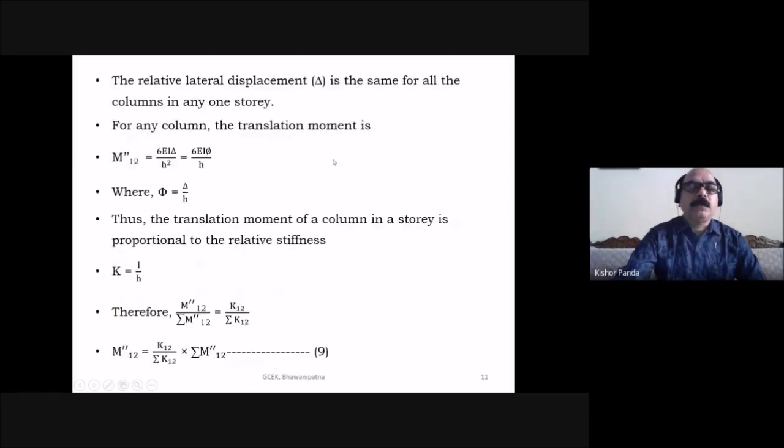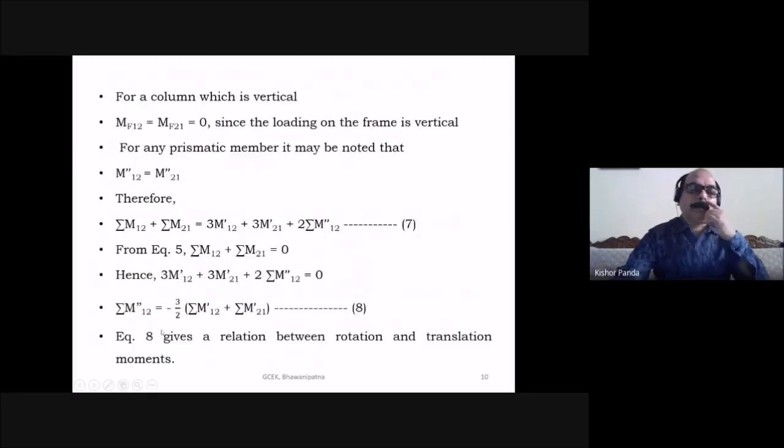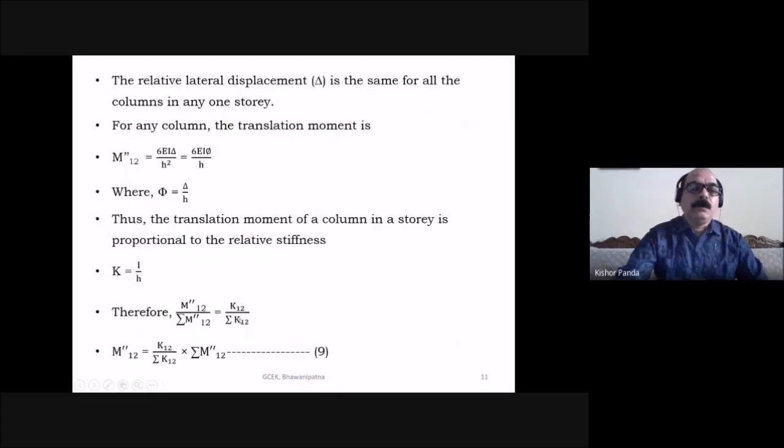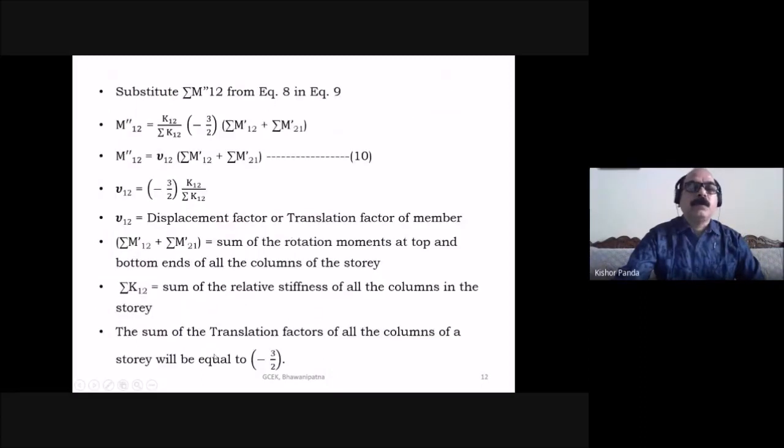Equation 8 here, you know, summation of m double dash 1,2 here. Just put it here in equation 9. So after putting, you will get m double dash 1,2 is equal to k12 by summation of k12 into minus 3 by 2 into summation of m dash 1,2 plus summation of m dash 2,1. So m double dash 1,2 is equal to, this is k12, minus 3 by 2, k12 by summation of